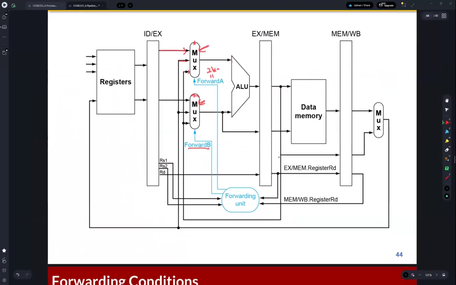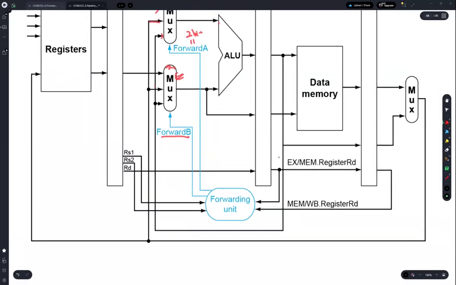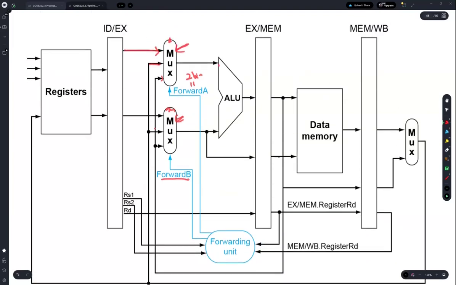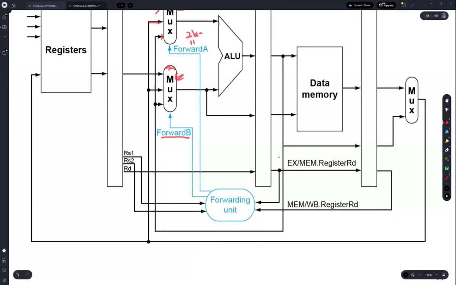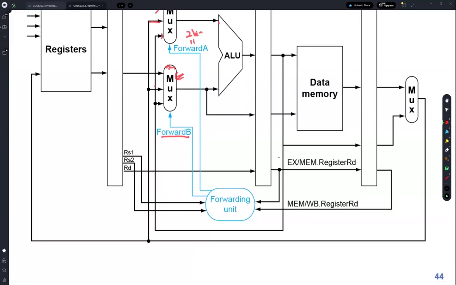And then also you can find the forwarding unit here. And then if this forwarding multiplexer is working in the EX stage, so the forwarding unit is also in the EX stage. So we just use the control signal generated for the EX stage. Okay, then you can find that